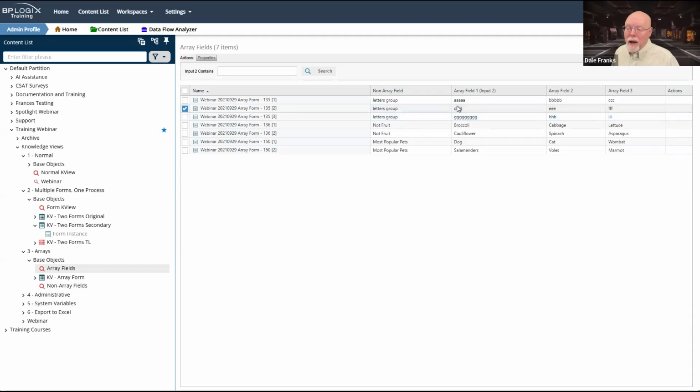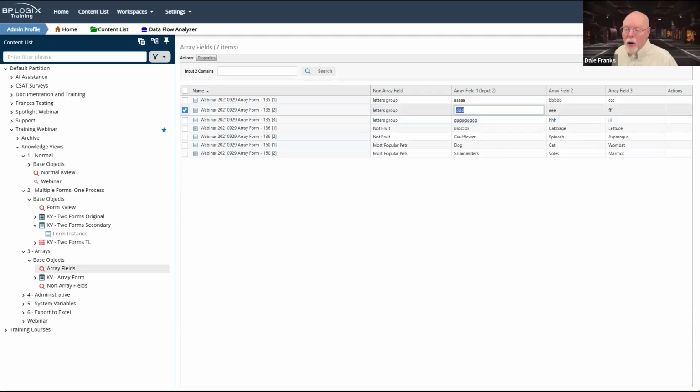So if I decide that I do want to edit this field, then great, it'll do that because it knows that I want to edit array field 1, or actually the name of the field is input 2. So it knows that I want to edit input 2 on row 2 of my array.